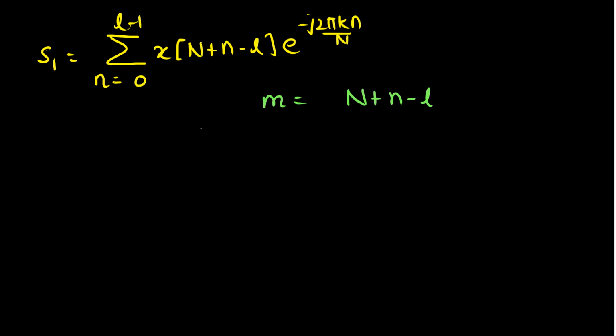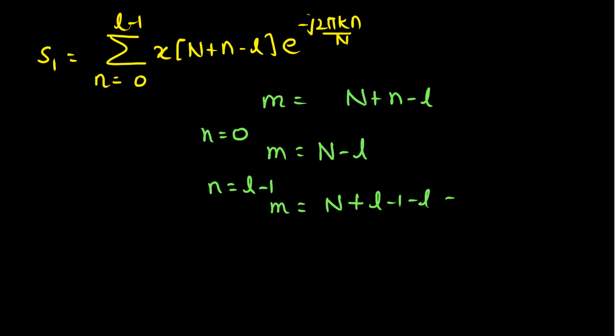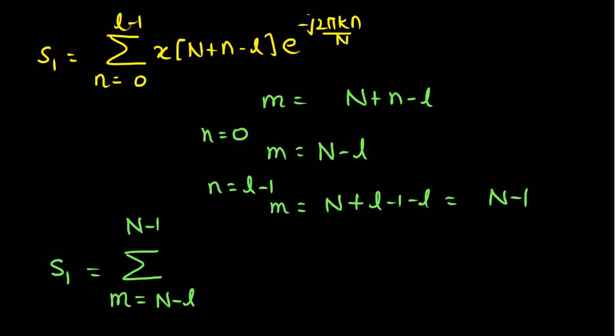Now when we have n equal to 0, then value of m is equal to n minus L, and when we have the value of n is equal to L minus 1, at that time we have the value of m as n plus L minus 1 minus L, which is equal to n minus 1. Therefore this summation S1 can be written as basically m running from n minus L to n minus 1 x of m